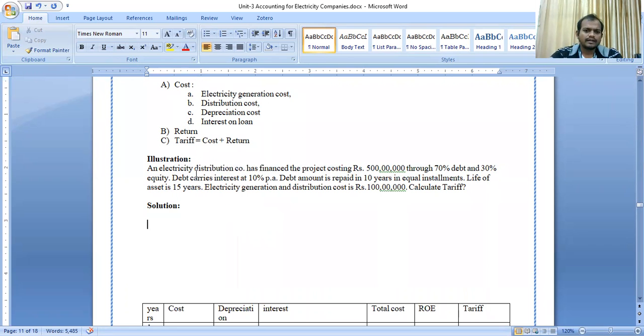Okay, an electricity distribution company has financed the project costing 500 lakhs through 70% debt and 30% equity. Here it is clearly mentioned the debt equity portions. Debt carries interest at 10% per annum. Debt amount is repaid in 10 years in equal installments. Life 15 years. So cost, electricity generation and distribution cost is 100 lakhs. Calculate the tariff. So tariff is nothing but